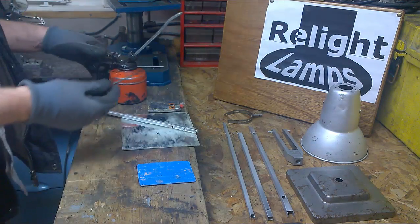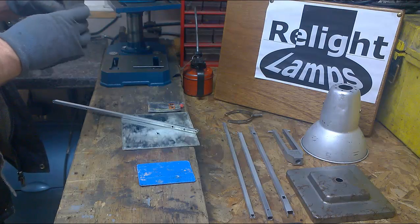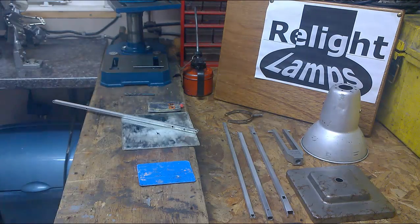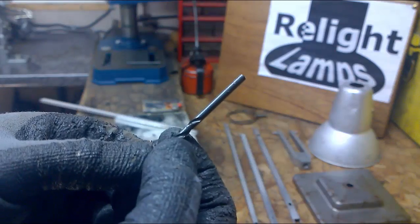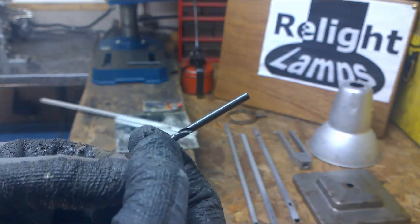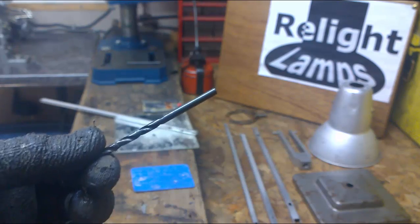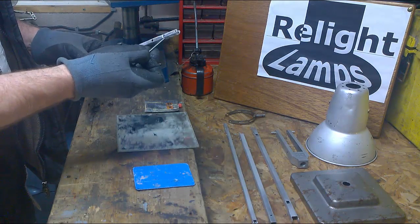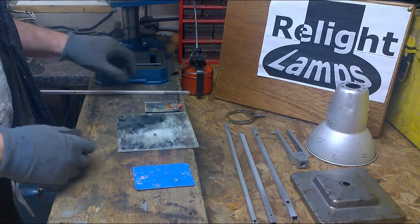So taking just a little bit of oil, there we are, that will do. Make sure you clean your hands. You can see how shiny it is. It's just a little thin layer of oil. That'll prevent the body filler from grabbing the twist drill. So take the lightly oiled twist drill, insert it into the arm and start to prepare